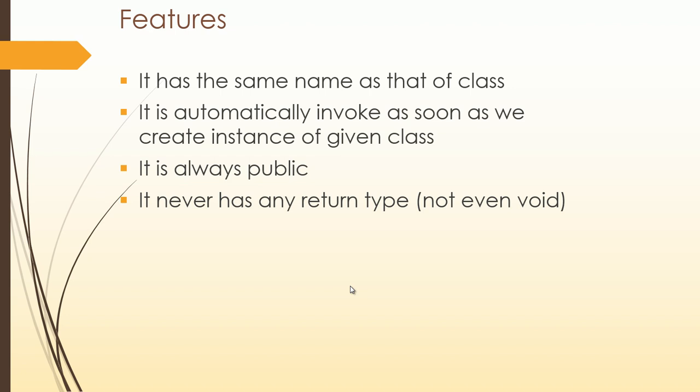As compared to other functions, this function is more simplified. The first point is the same name as that of the class, that is, we don't need to decide whether the name is set data or get data. The second main point is it is an automatic call, therefore we don't need to call object dot set data or get data. And the fourth point is also important. We don't decide whether the function returns a value or not, because it never has any return type. Therefore, as compared to set data and get data, it is a simple function.